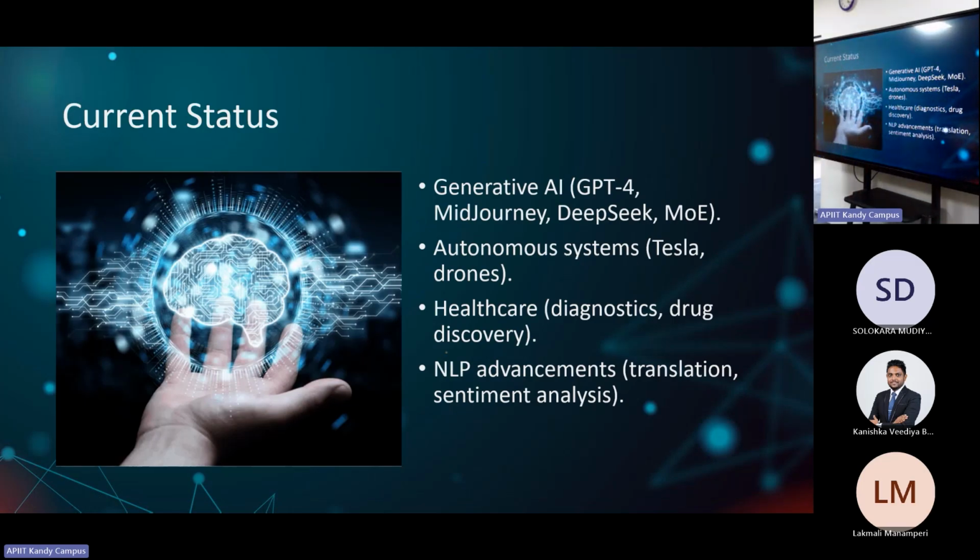Okay. So what's going on now? You have generative AI, right? GPT-4, Midjourney, DeepSeek. What makes DeepSeek so special? It's not that they have something unique. You see, what really happened was